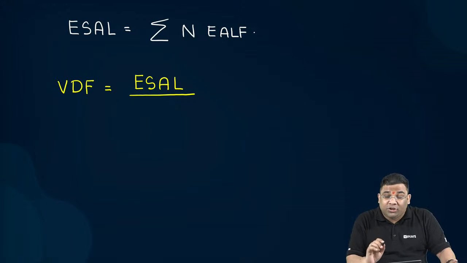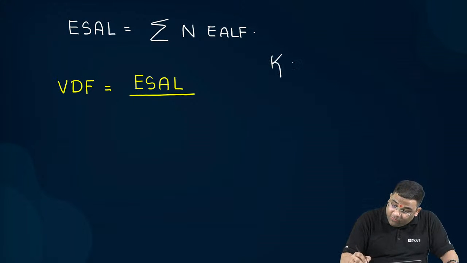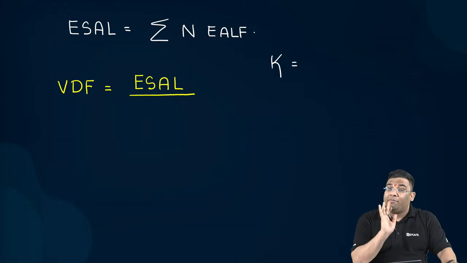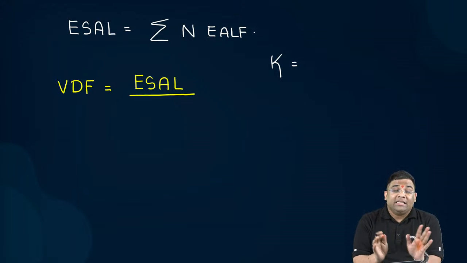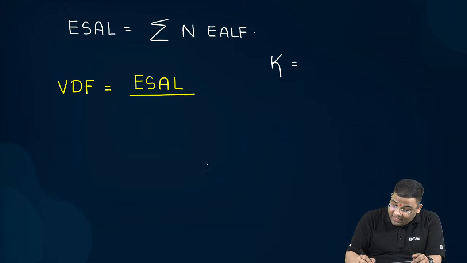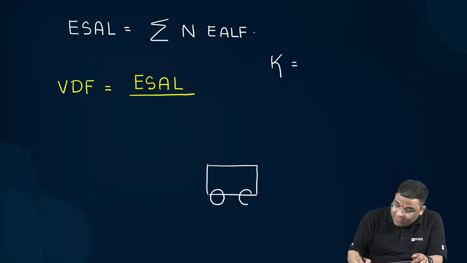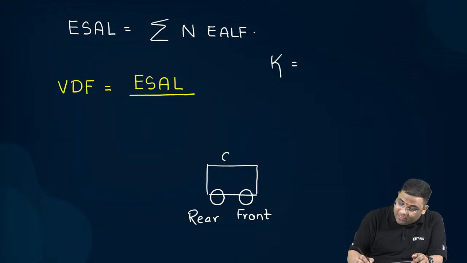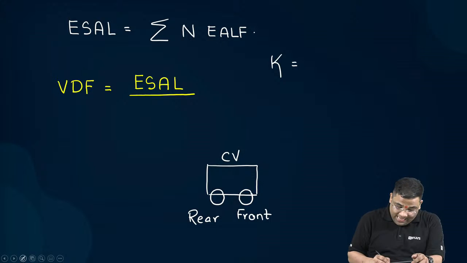So in this case, when they have not mentioned the number of commercial vehicles, we'll assume that the commercial vehicles have 2 axles, one front, one rear. So if this is the assumption,